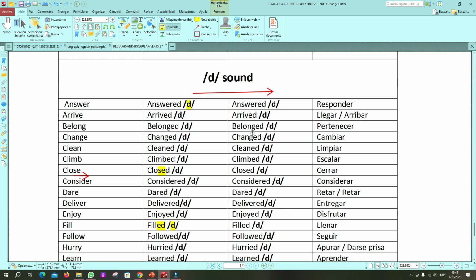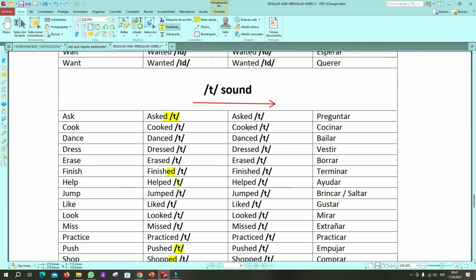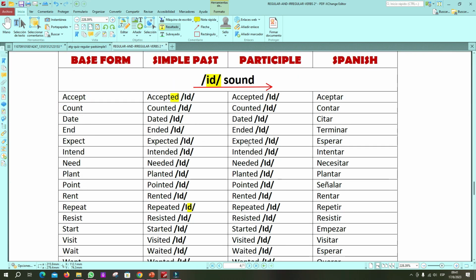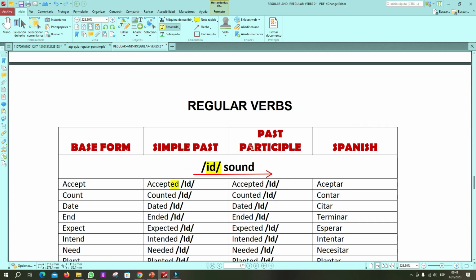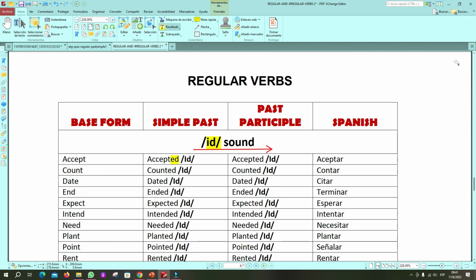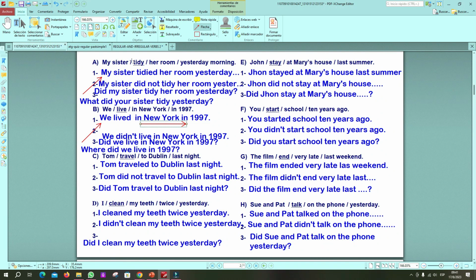Excellent. Very good, right? So I will send you this list for you to practice, okay? I will send you that on Google Chat or maybe on the Google site for you to practice that. Okay? So, igual, estén pendientes, les voy a enviar esta lista para que ustedes puedan practicar. ¿Ok? So, let's continue. Vamos a continuar practicando.